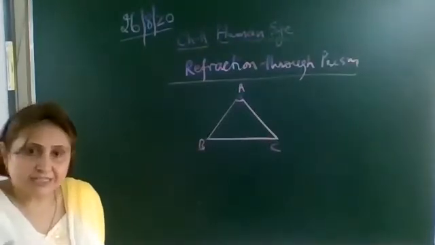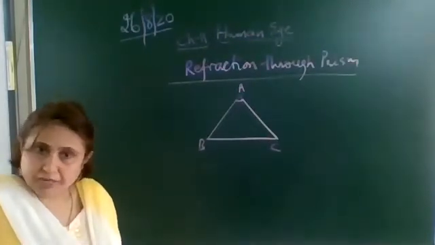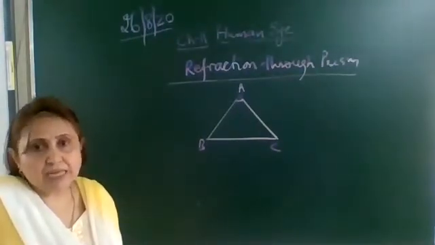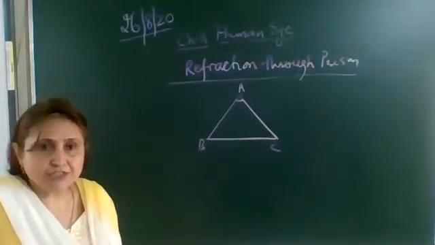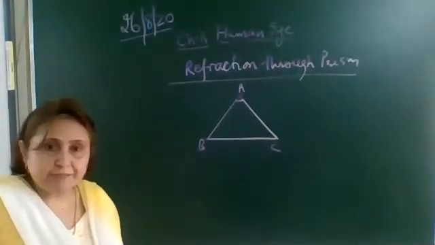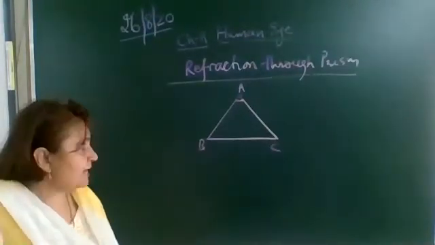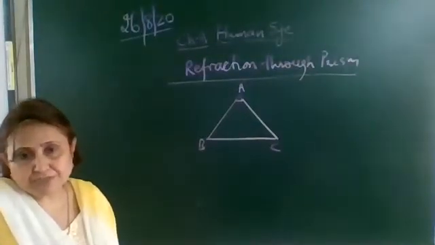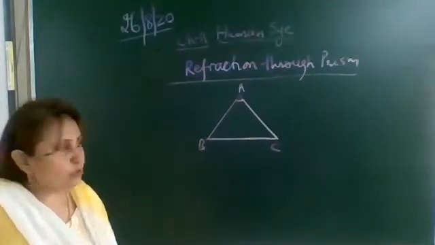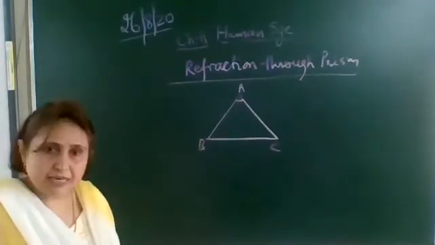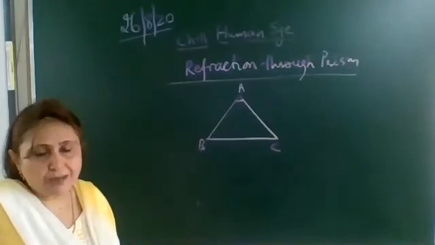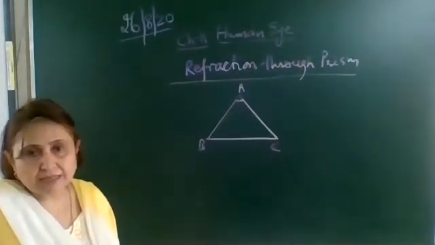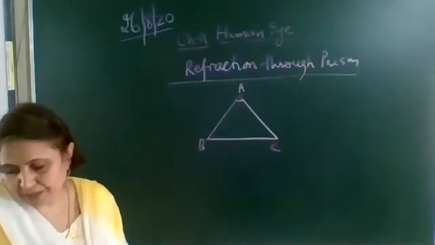Okay, so we have studied what is a prism. Made up of any transparent material. Here, which one? Glass. As we are studying the refraction through a glass prism, it is made up of glass, and it has 3 rectangular surfaces and 2 triangular surfaces. Okay, and the 2 refracting surfaces are AB and AC, which are not parallel to each other, which are meeting at an angle A. And this angle A, we call the angle of prism.